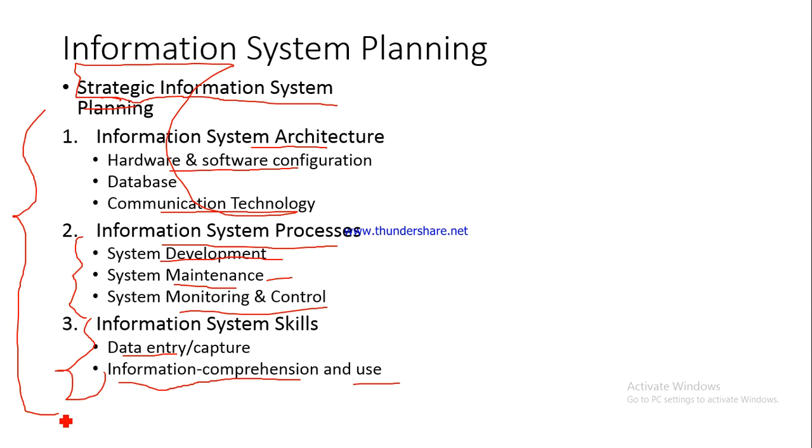continue with for 5 to 7 years, because these would entail a lot of cost, be it developing a new system, designing of a new system, be it the purchase of hardware and software, be it the choice of the communication technology. All of them entail a huge investment, and naturally you would want to earn something on your investment, which would only happen in the 5 to 7 year time frame. So these are all long-term strategic information system planning. They are all examples of strategic information system planning, right?